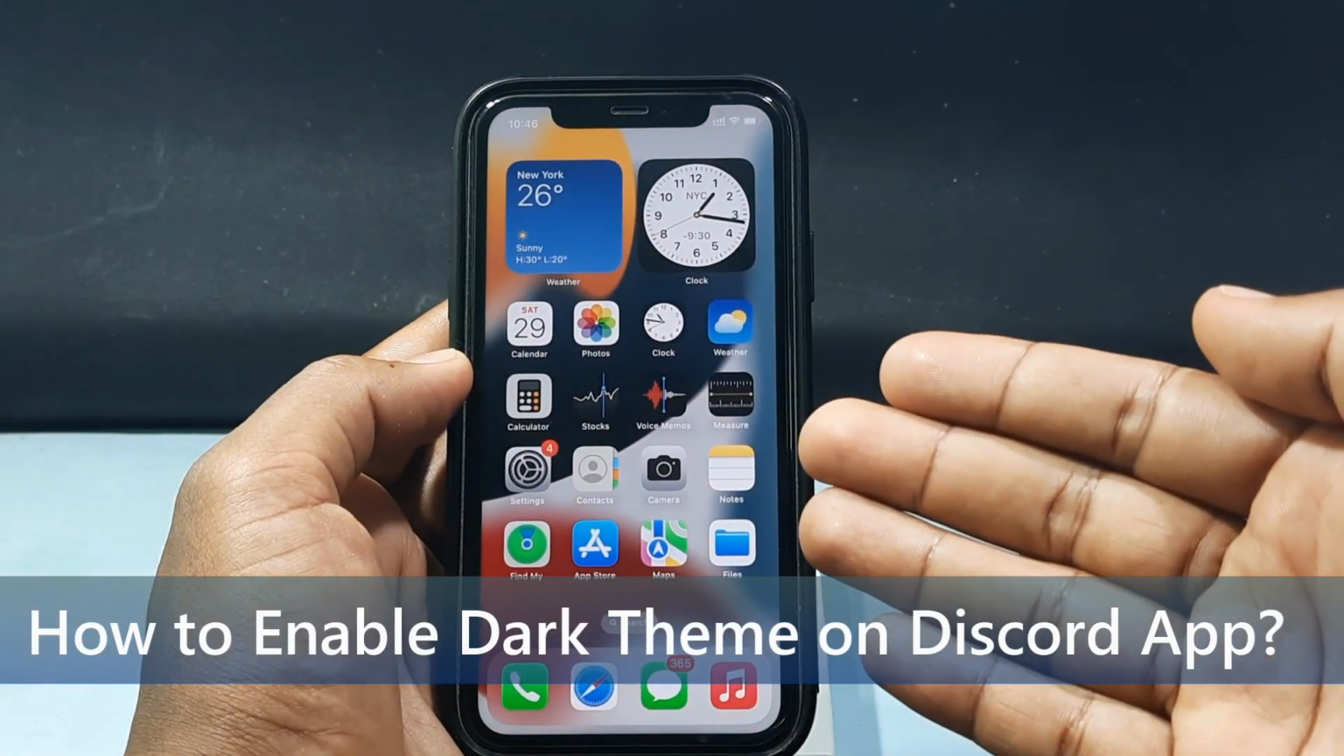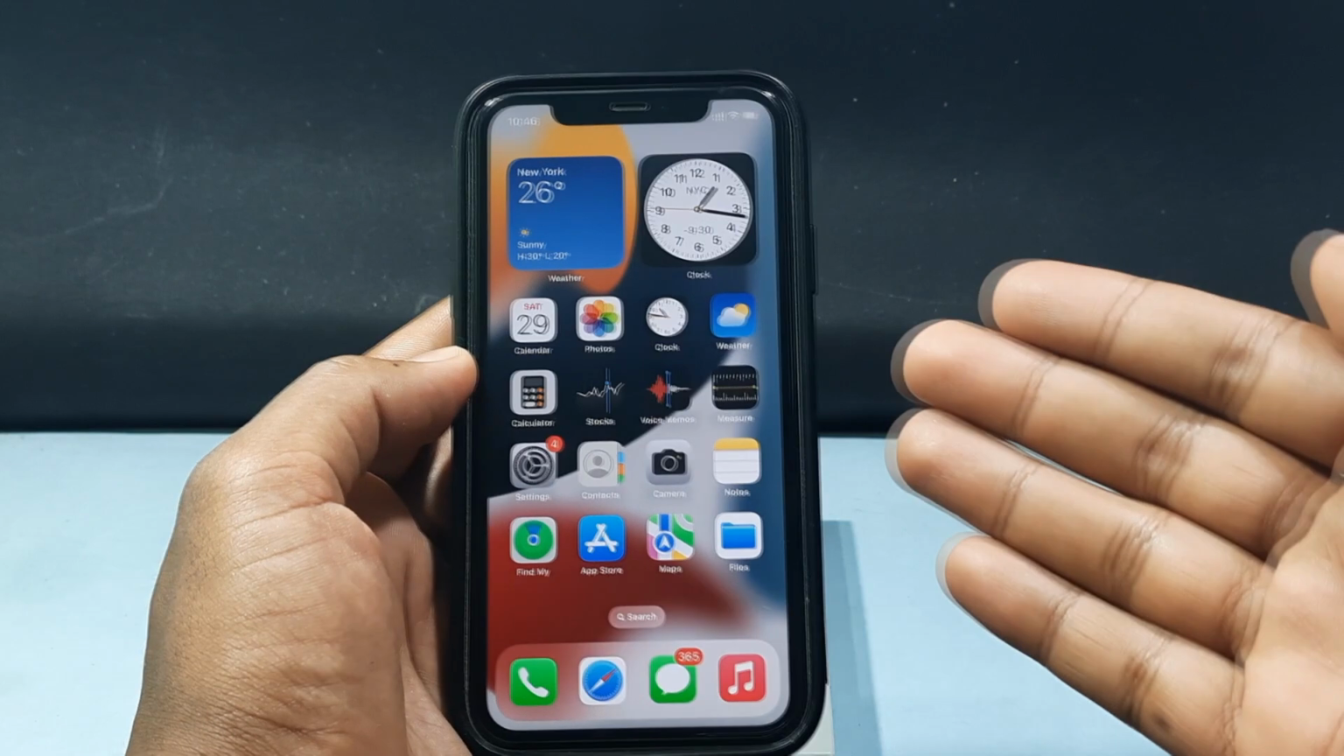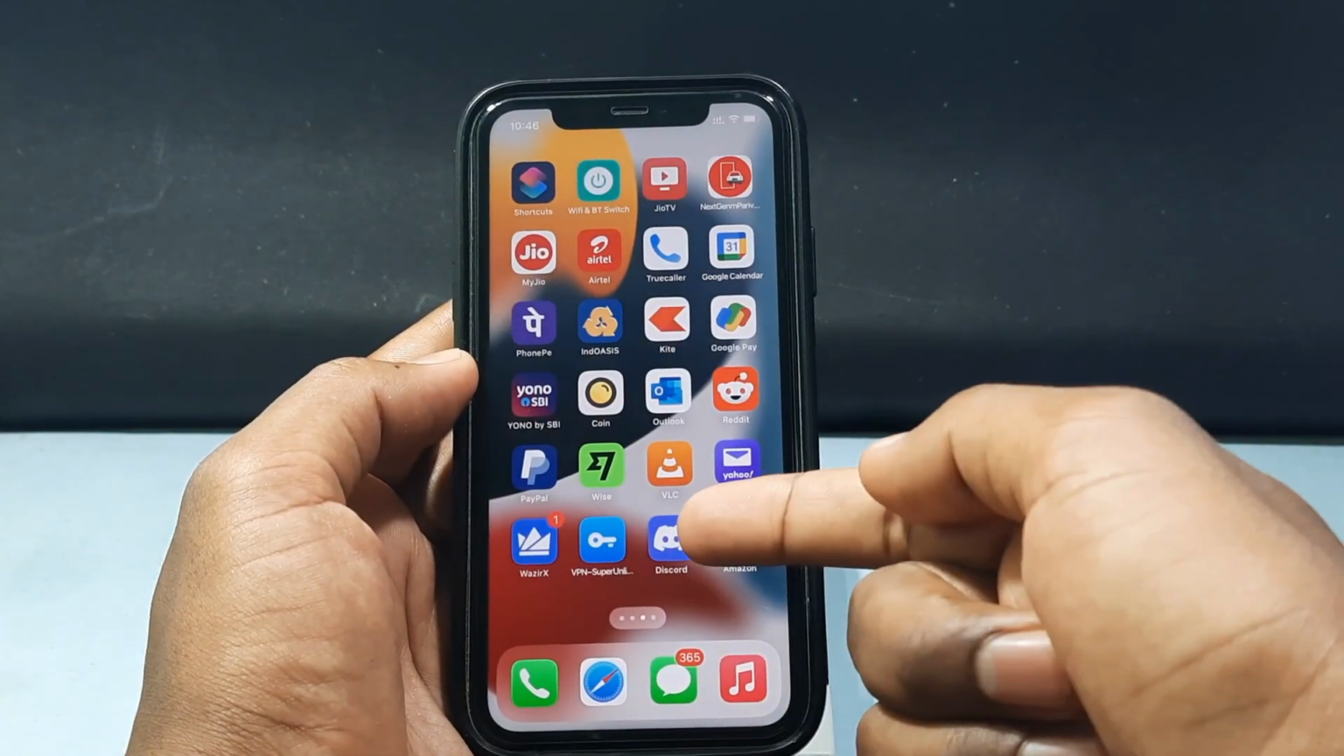In this quick video, I'm going to show you how to turn on dark theme on Discord app by using your iPhone and iPad. Okay, first open your Discord app